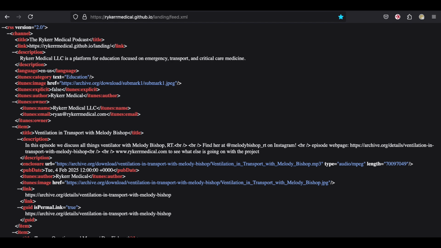One thing to point out here is the URL in this screenshot. Your URL for your XML file will be similar, except it'll have your username on GitHub in place of Rykerr Medical. You'll need this URL in the next step,